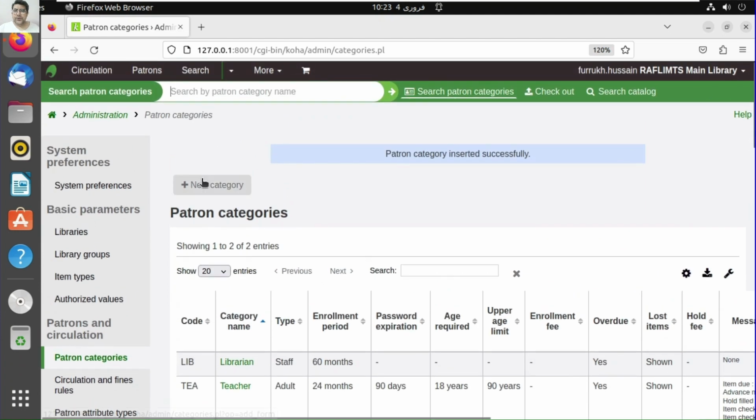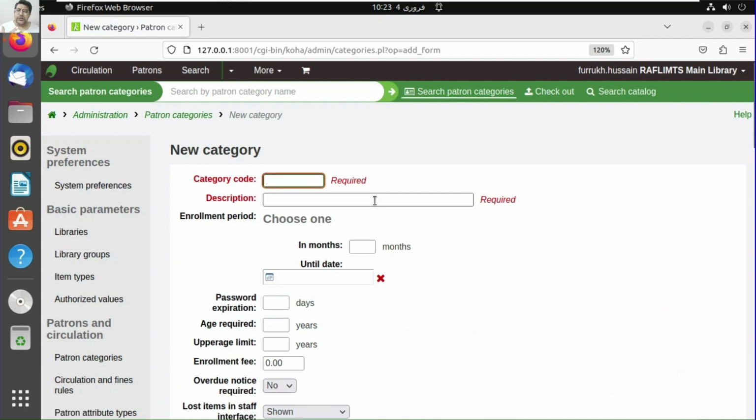Okay, so we can create another category for students. Suppose your school or your institution has class 1A, 1B, 1C, 1D, or 2A, 2B, 2C, and so on. So for each type of group, or each class, or each section, you have to define a category code. For example, class 1A. You cannot change the code actually, you can change the description. So student class 1A